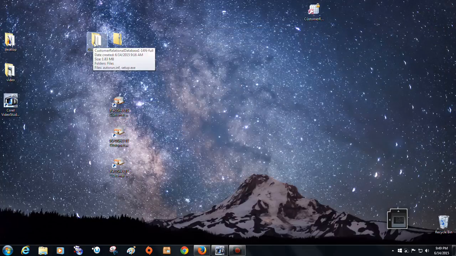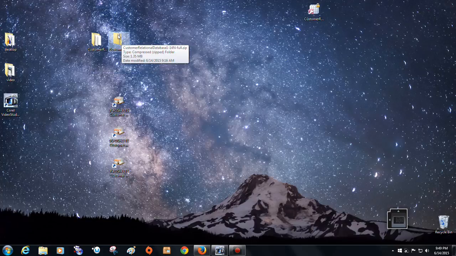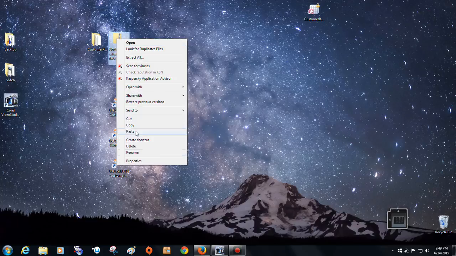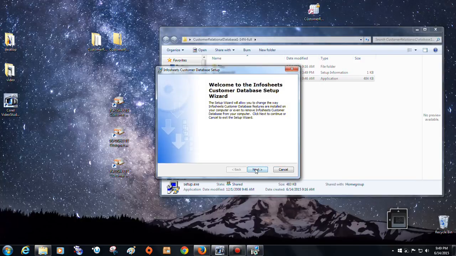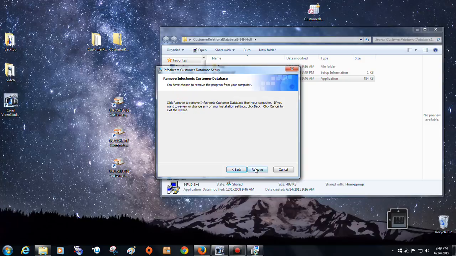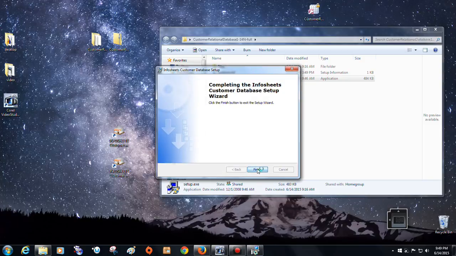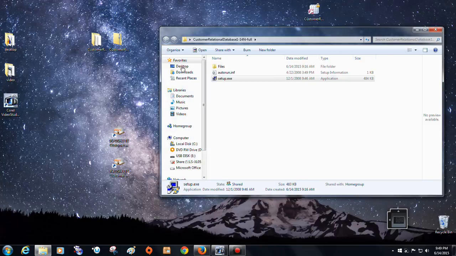When it's first installed, it comes down as a zipped drive, and that's actually through immediate download through both email and by link. So it gives you both options when you purchase it. Right click on that and hit extract all, and you get an open folder. I'm actually going to go through the setup, and right now it's just going to give me the ability to remove it so that I can reinstall